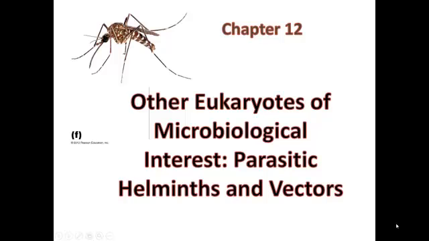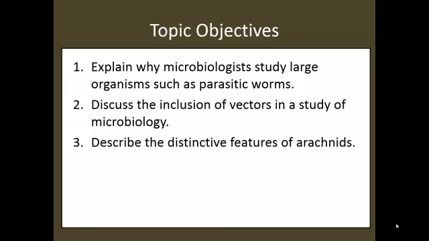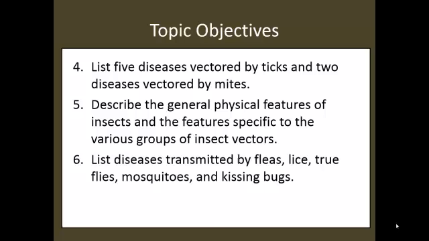Chapter 12, Other Eukaryotes of Microbiological Interest, Parasitic Helminths and Vectors. The learning objectives for this topic are: explain why microbiologists study large organisms such as parasitic worms, discuss the inclusion of vectors in a study of microbiology, describe the distinctive features of arachnids, list 5 diseases vectored by ticks and